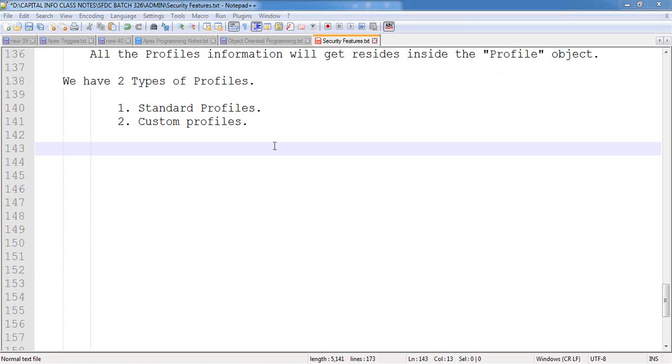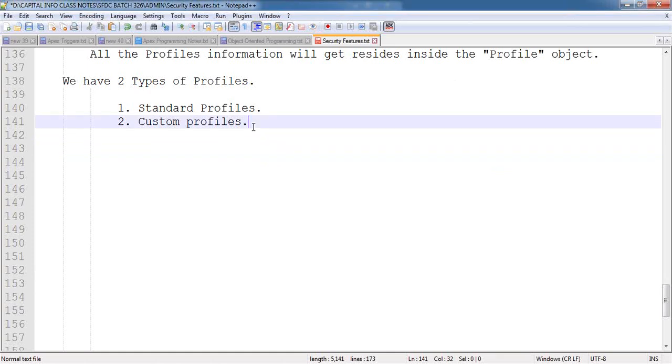So in the last session, we discussed profiles: what exactly a profile is, what its use is, how many types of profiles are available in Salesforce, and what a profile generally contains. So that we have already discussed. When coming to the profile, a profile is nothing but a component which will be